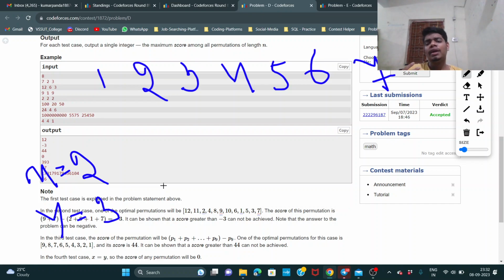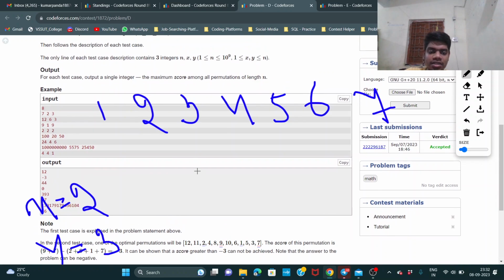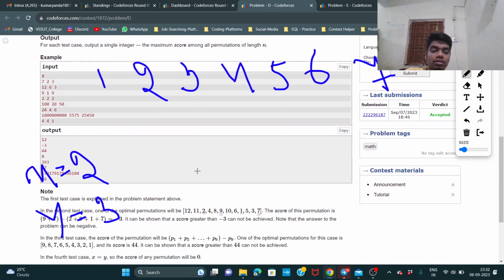So we just have to find how many indices are divisible by both x and y. So for that, we just have to find LCM. If the number is divisible by LCM of x and y, then that number is divisible by both x and y. Right? This is the point. That's the reason I took n divided by LCM of x and y,